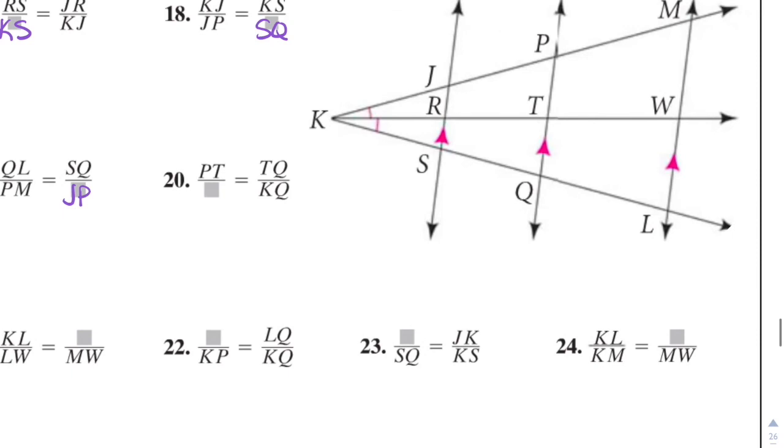This next one, we have PT. We have PT, which is here, and unknown. But then we have TQ and KQ. So TQ,